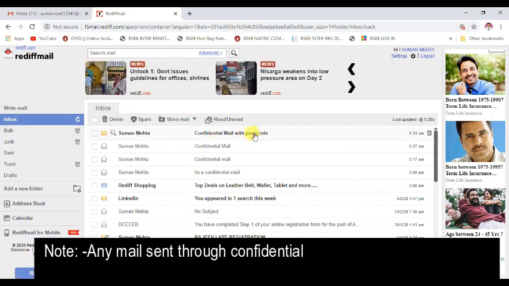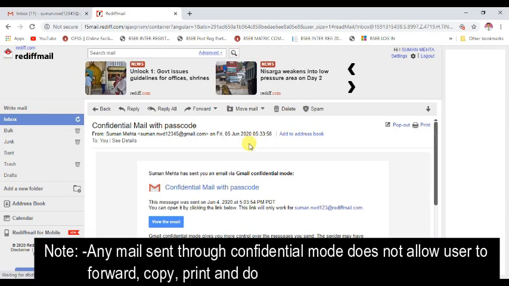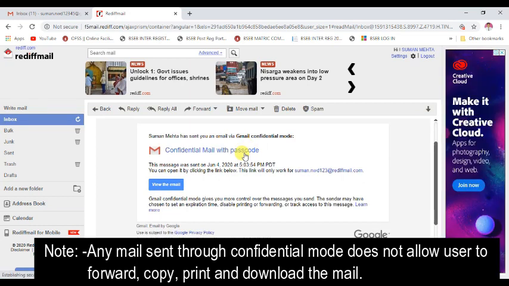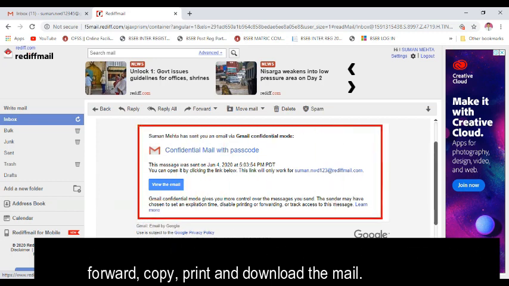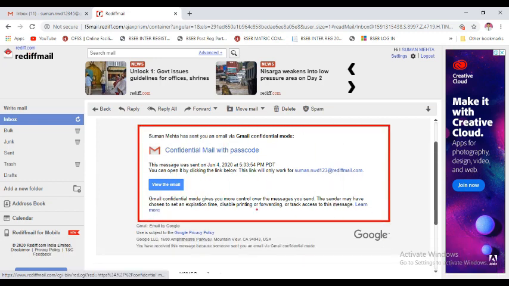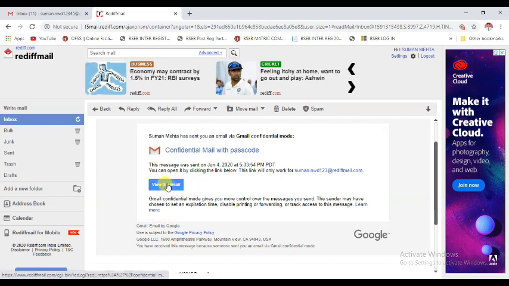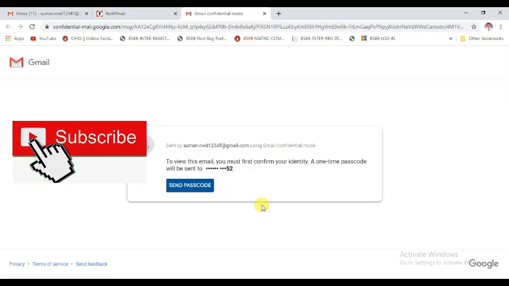Here you click this mail, you will see that the message is not directly displayed here. The mail is not directly displayed. Here we find the option view the mail. So first of all you will have to click this view the mail option. Soon as you click this view the mail option, the next dialog box is opened.